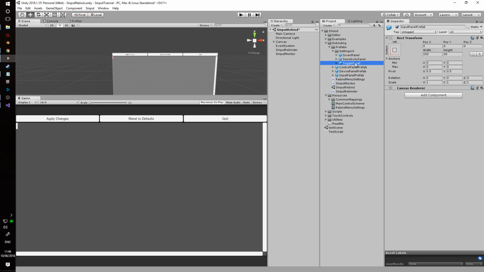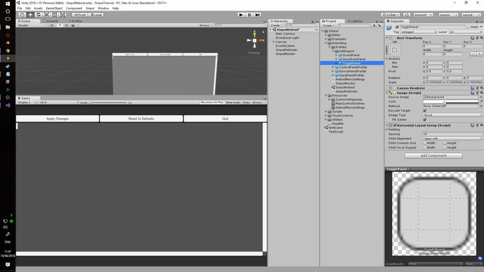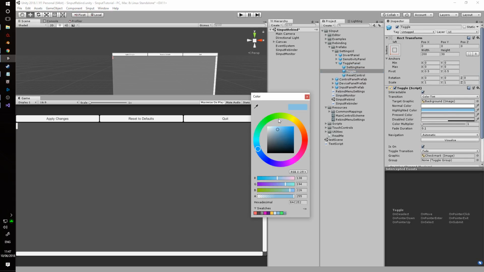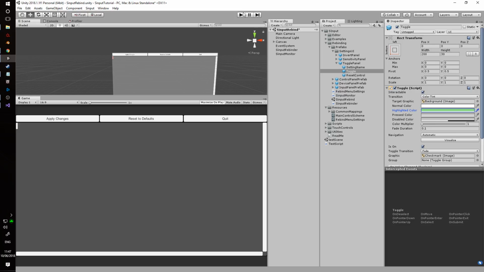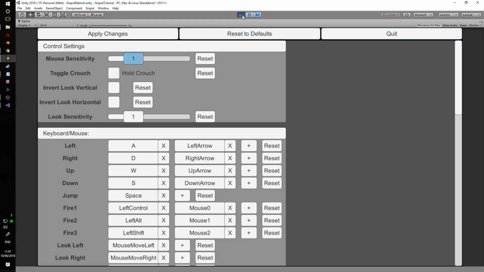So let's say the toggles. We want toggles to be a different color or something like that. Yeah, toggles when highlighted, they should be green or whatever, and that will just change the settings. You'll be able to change the images and stuff, but